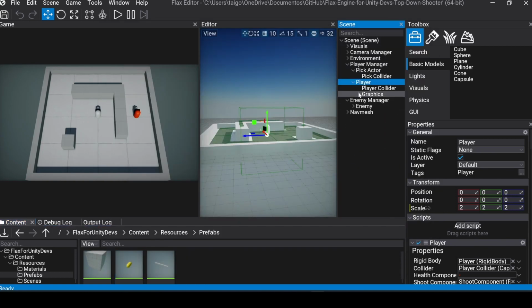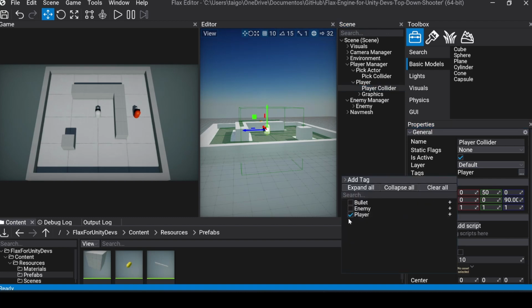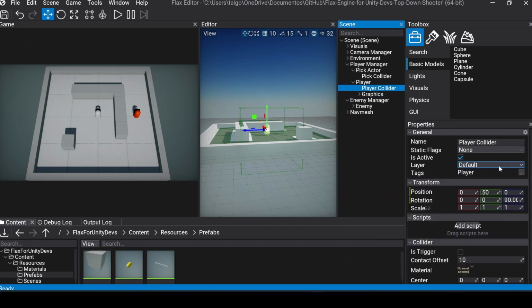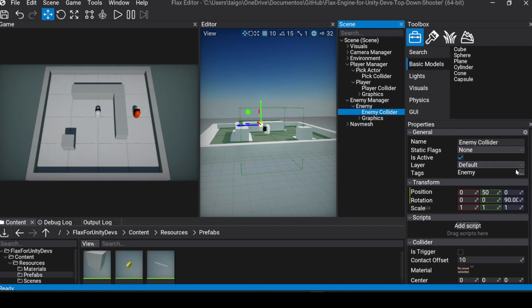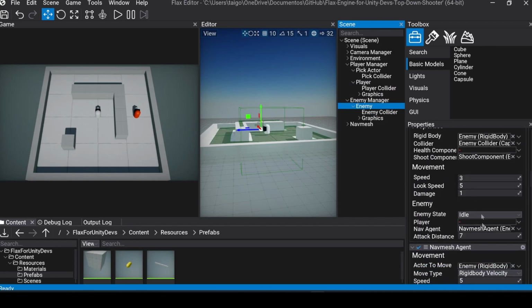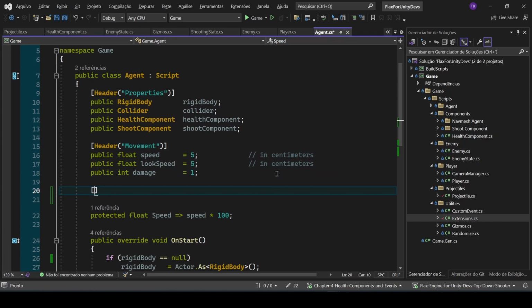So we can go ahead and create new tags for the colliders. So here, the player, we can go onto the tags. I have already created this player tag, but to create a tag, you just go here, add tag, type in the name of the tag, and then create the add tag, right? So the player collider has the player tag, and the enemy collider has the enemy tag. And what we want to do now in these agents is that we want a way to set these tags here, right? So going back into our agent class, we can go ahead and create a new header,